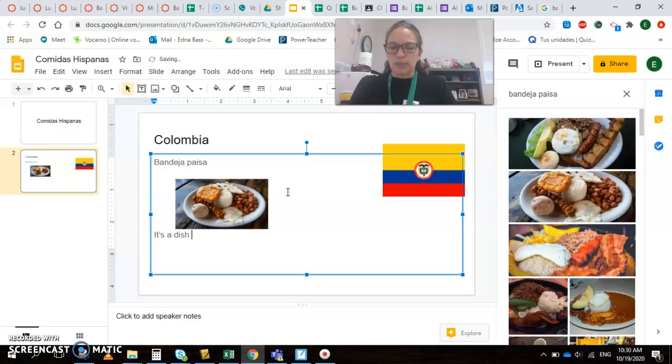It's a dish that contains rice, beans, green plantain, sometimes yellow plantain, no, that one has chicharrón, pork skin, it has meat, sometimes it's steak, sometimes it's ground beef,